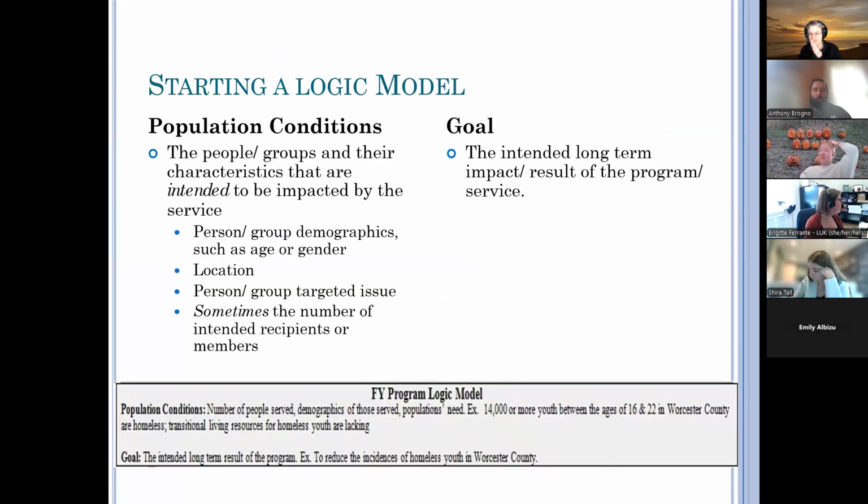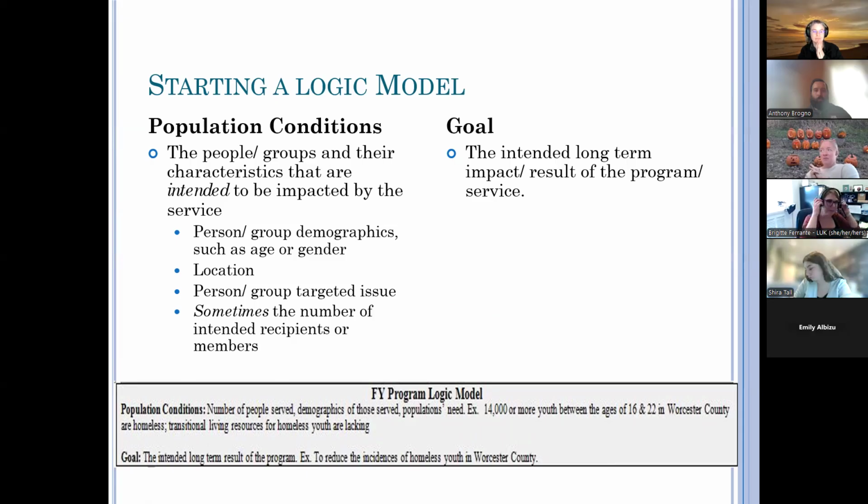So you always want to start a logic model with who you're serving, of course. That's one of the most important pieces of a program or service, is that we know who our population conditions are. It's the people or groups and their characteristics that are intended to be impacted by the service.